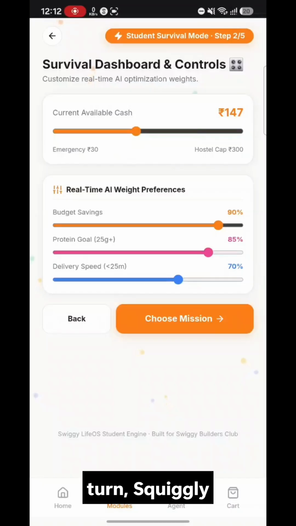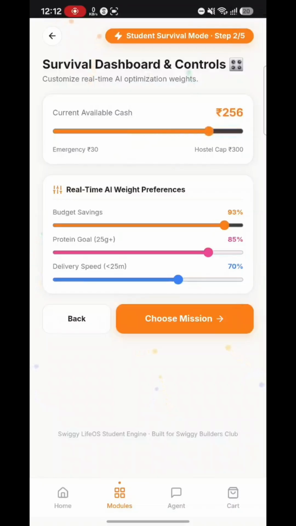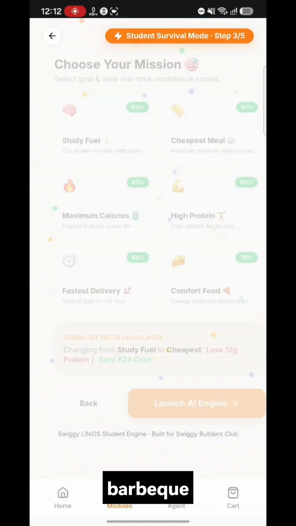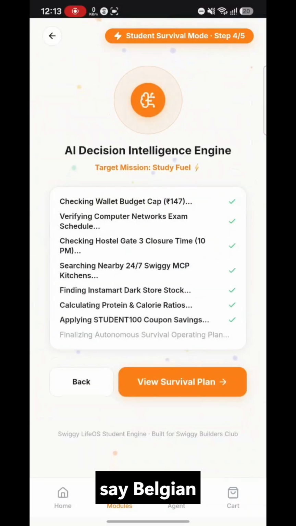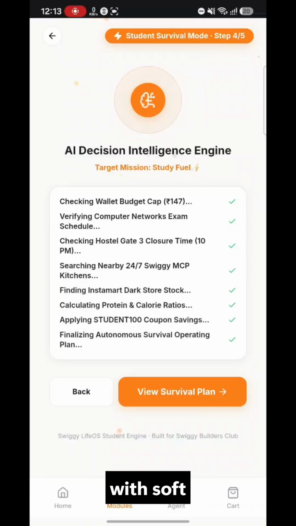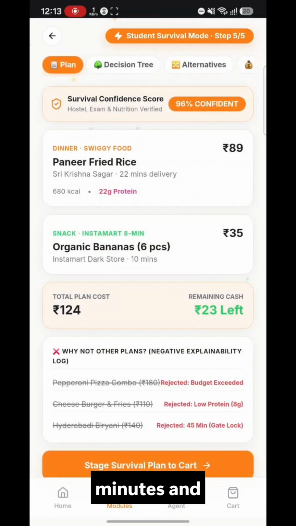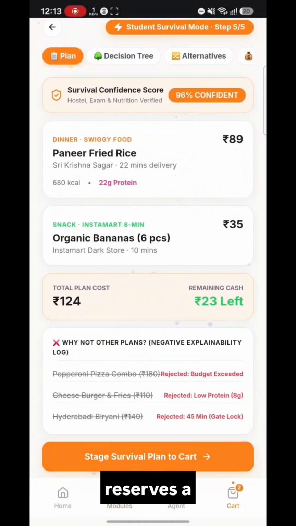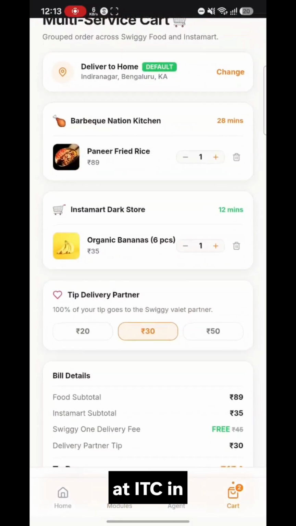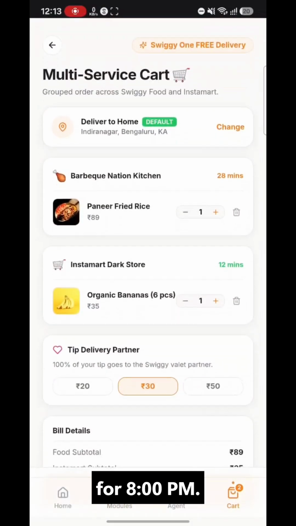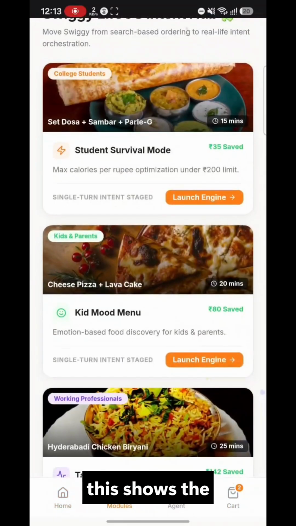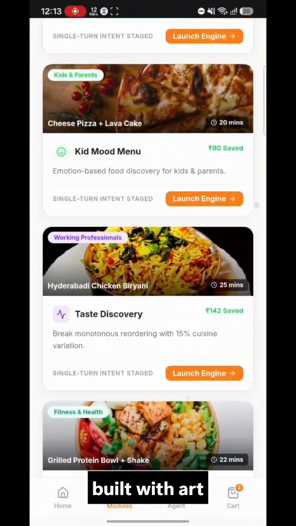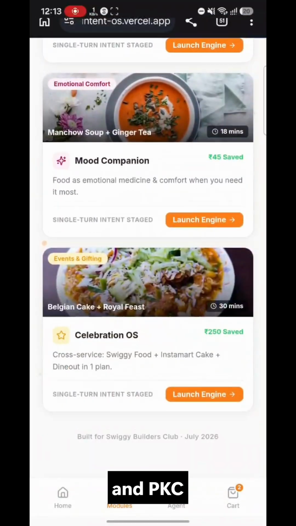In one single turn, Swiggy LifeOS executes: Swiggy Food MCP orders the Barbecue Nation royal feast, Instamart MCP dispatches a Belgian chocolate cake with candles and a soft drink in 12 minutes, and Dineout MCP reserves a table for 6 at ITC Grand Chola for 8 p.m. Three services, one intent. So this shows Swiggy LifeOS is built with OAuth and PKCE security protocol, which authenticates dynamically